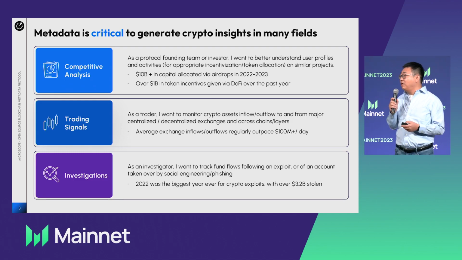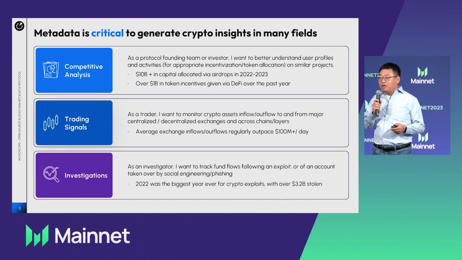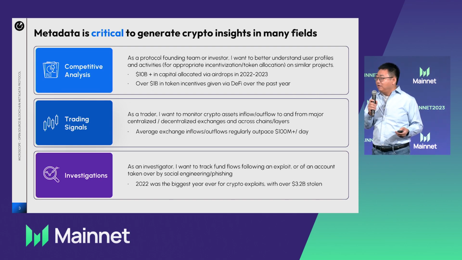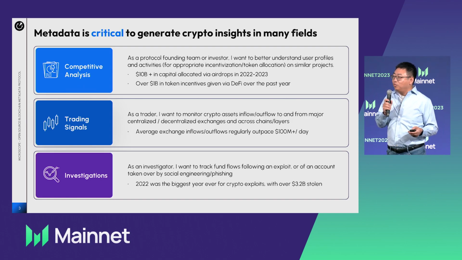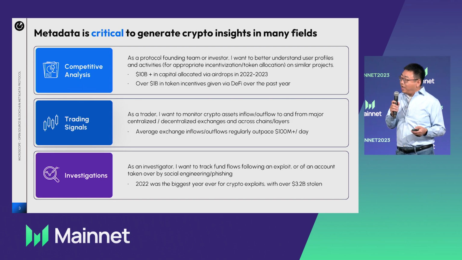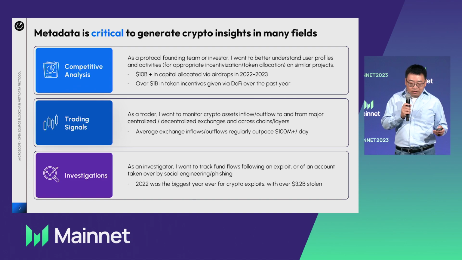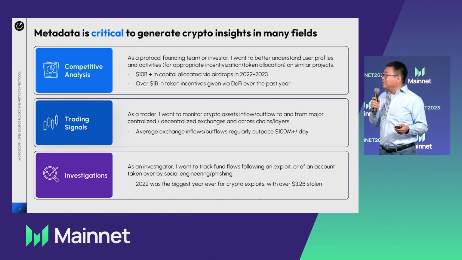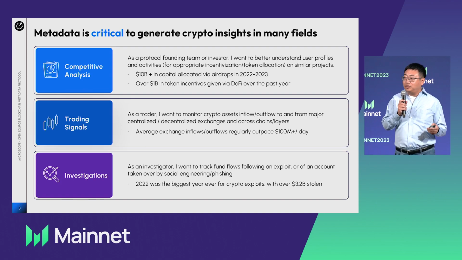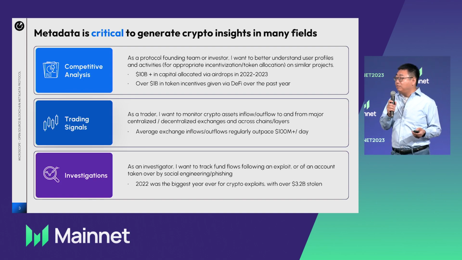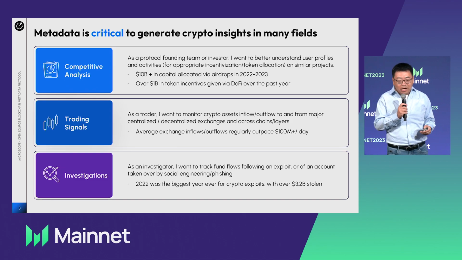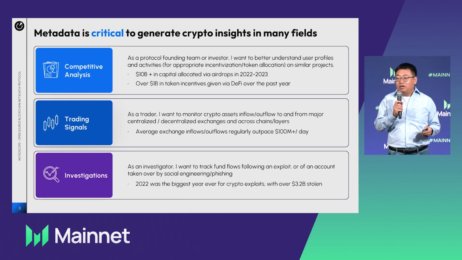The third scenario refers to investigation. Let's say that you are a security investigator, right? An exploit just happened. You want to follow the funds, understanding which entity was actually involved, and labels will help. Sometimes, even without understanding the specific entity, just understanding whether the address is a service will really help. If it's a service, then maybe there's no point in tracking it down anymore. But if it's privately owned, maybe you want to try to get more insight. So having the metadata is so important.